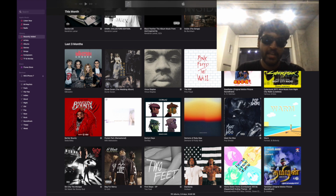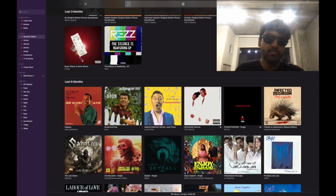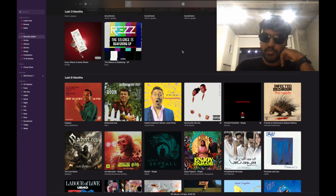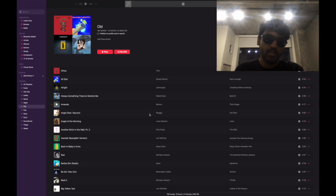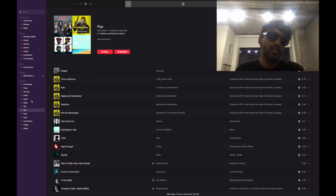The Duran Duran album, the Dion album, where is it? Runaround Sue. A lot of old songs have very good use of split channel audio. It's so good, clear, and it just sounds amazing on these. All right, so I could just keep going through. Oh yeah, this Shangri-La sounds amazing on these. A lot of the old songs. Pop, basically every genre except